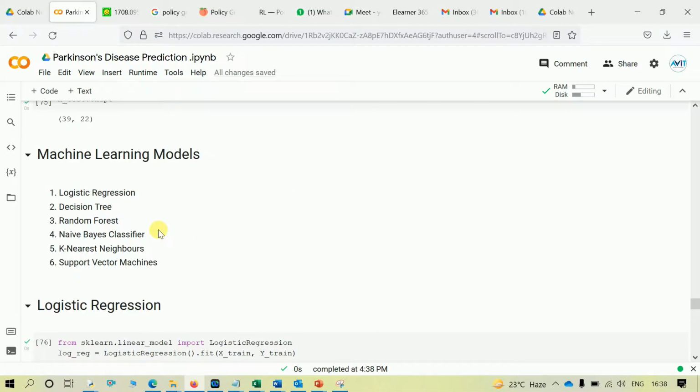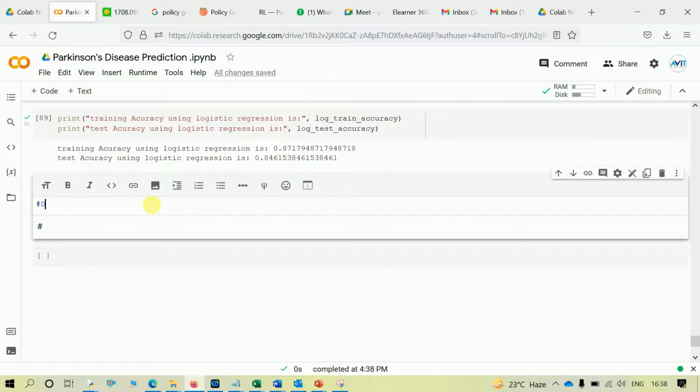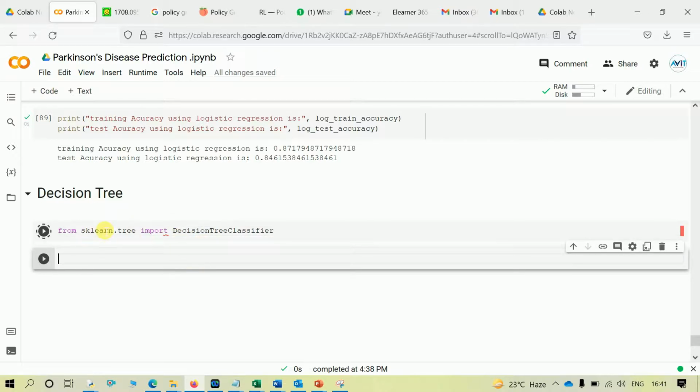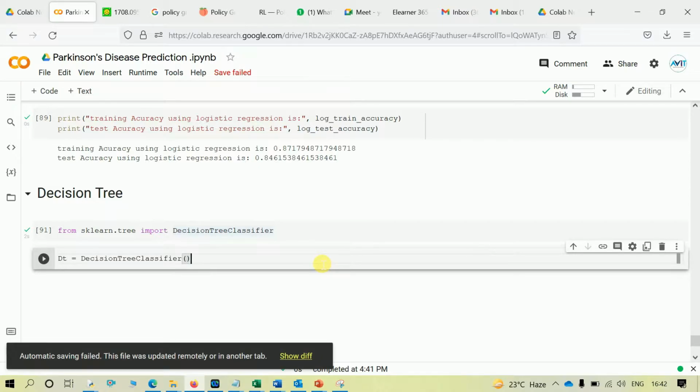What was our second? It's decision tree. So let's create a decision tree. So let me import the sklearn library for it. Okay, so our decision tree classifier is imported in here. So let's write the fit function for this classifier. So I'm taking a variable as dt, decision tree classifier dot fit. So in the fit function, I'll provide x train and y train.